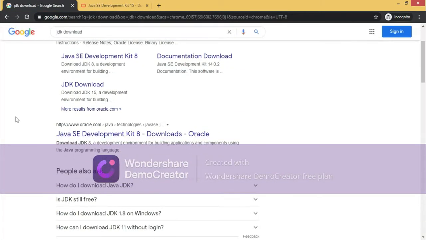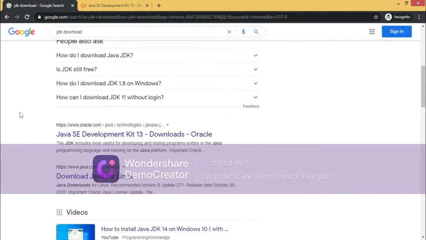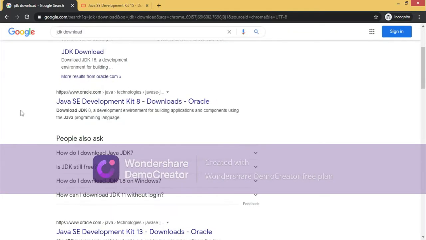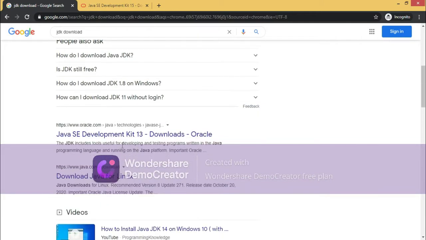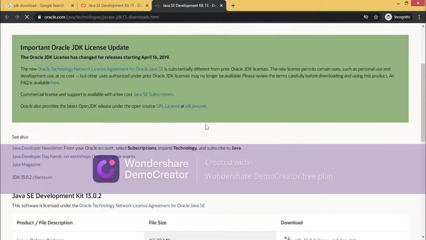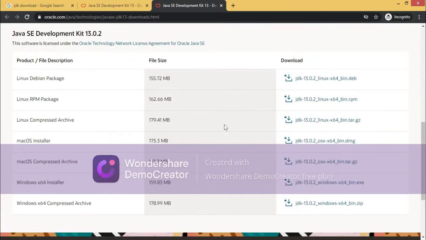In my system right now I am having JDK 18, JDK 13. JDK 13 you can find here, like you can see here JDK 13, right? Just open that. If you want to install JDK 13, then go ahead and install. Right now I am having this file in my system.